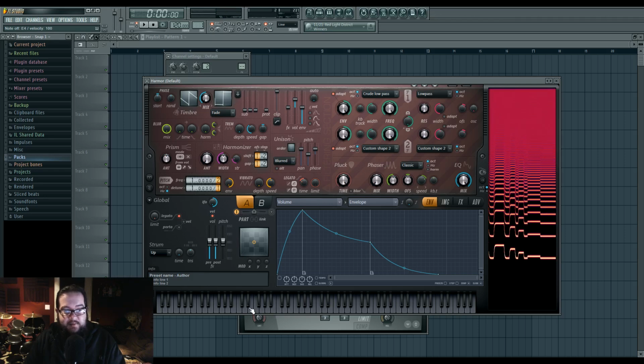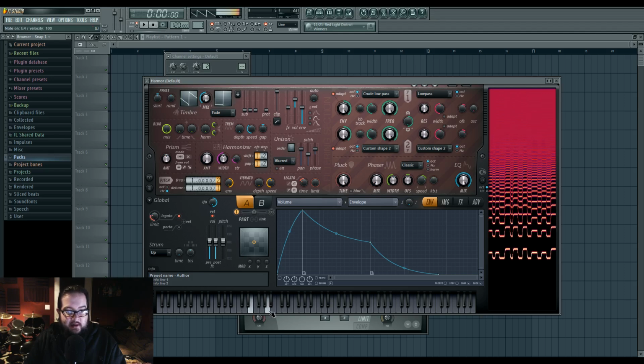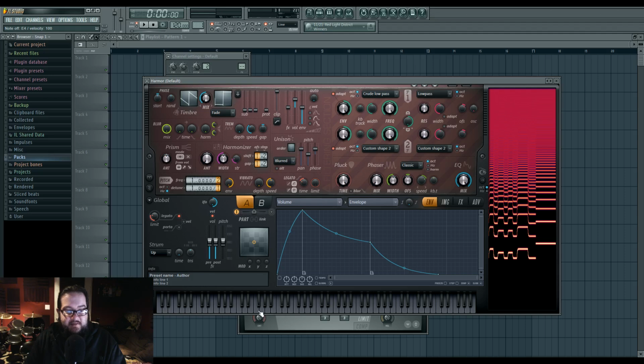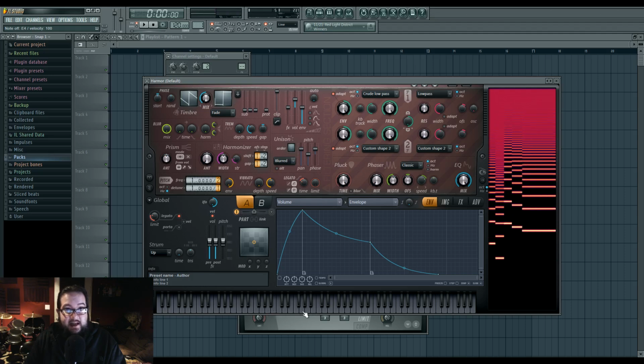Now, by default, there's no limit engaged. What does limit mean? Well, this is a pitch limiter. This means that if I turn it on a little bit, let's say it's turned on to 700 cents, which is a fifth, notice that if I go beyond a fifth, it actually plays the chord. But if I go within the fifth,